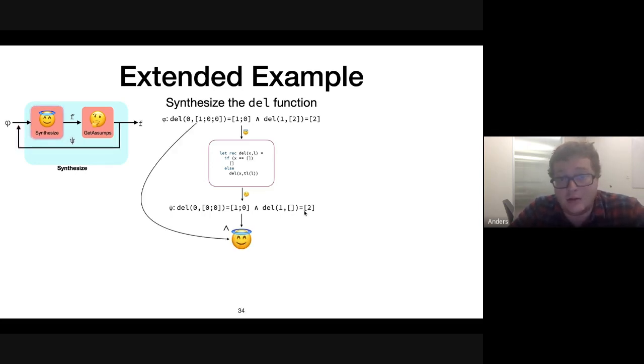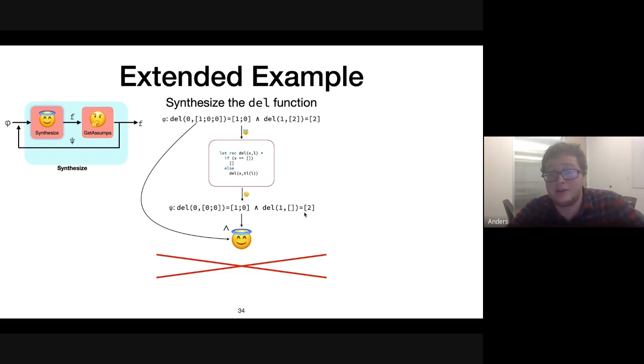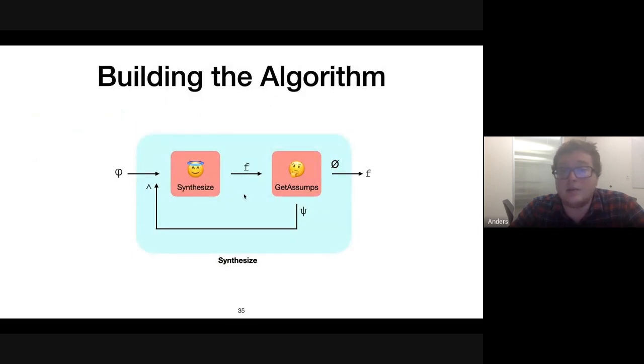Then I say, okay, let me strengthen my spec so that I will now satisfy this, and we get a failure because at this layer, remember I said I'm doing iterative deepening, essentially. At this layer, there are no programs that satisfy. So I have an issue. And the issue is that I made an incorrect assumption. So I need to be able to handle when I make incorrect assumptions.